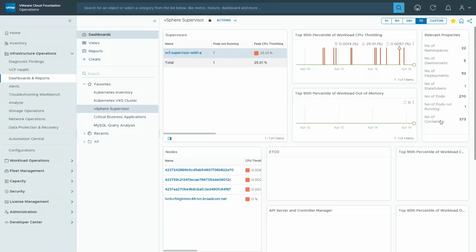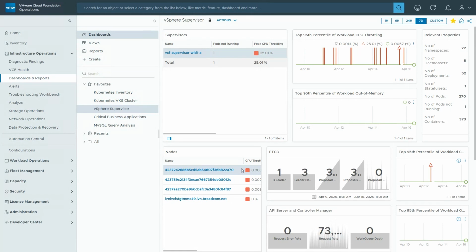We also see the nodes. These nodes, there are 3 VM control plane nodes for the supervisor. And then if we select one of them, we see the etcd operations. We can see that a leader has been elected. There have been 3 proposals, and these are like internal backend operations for the etcd object